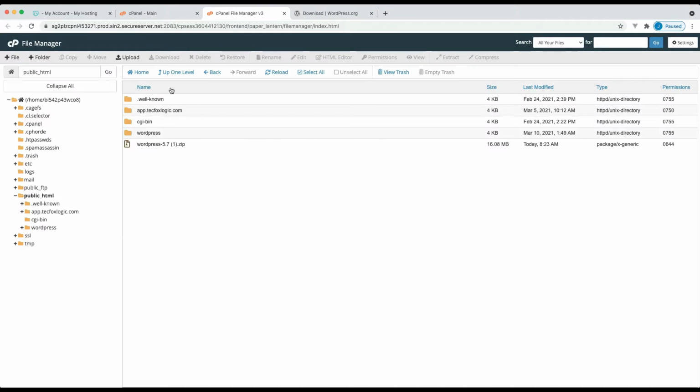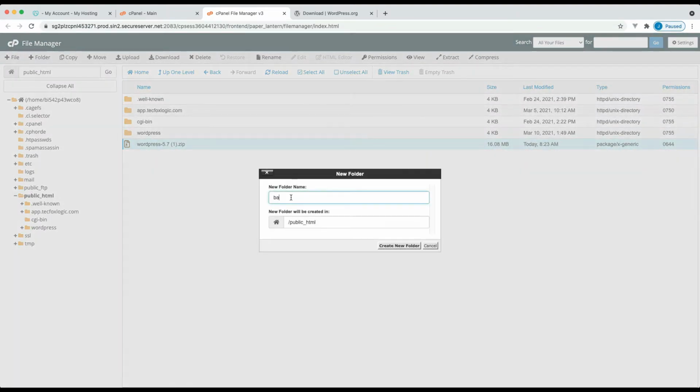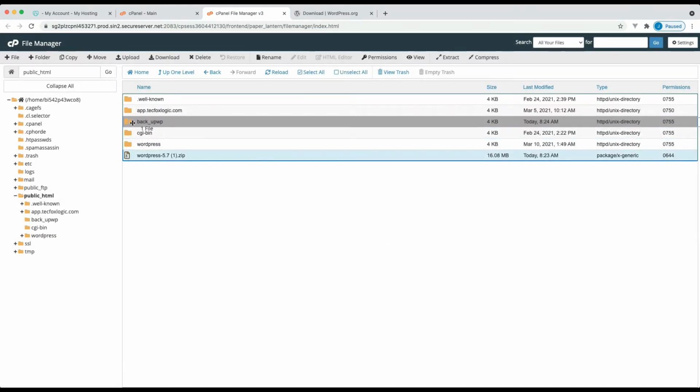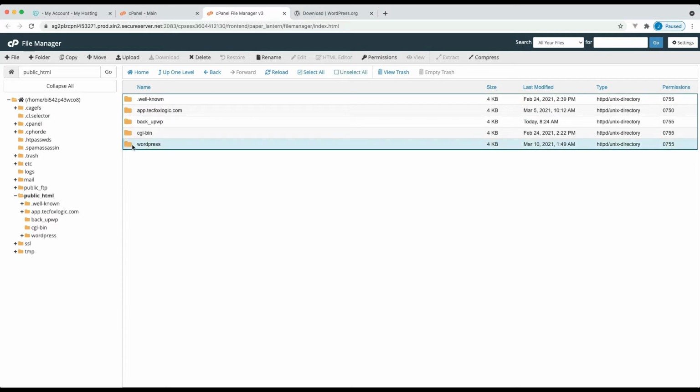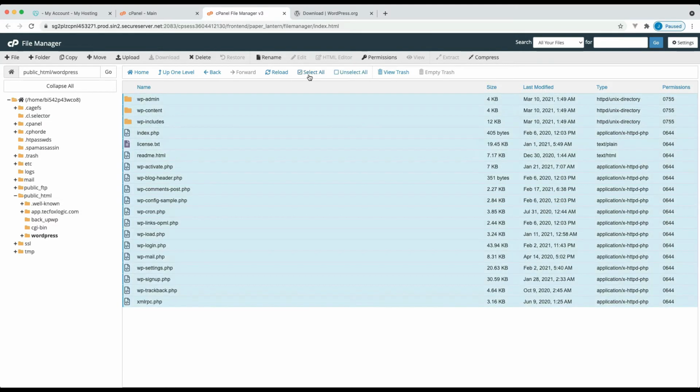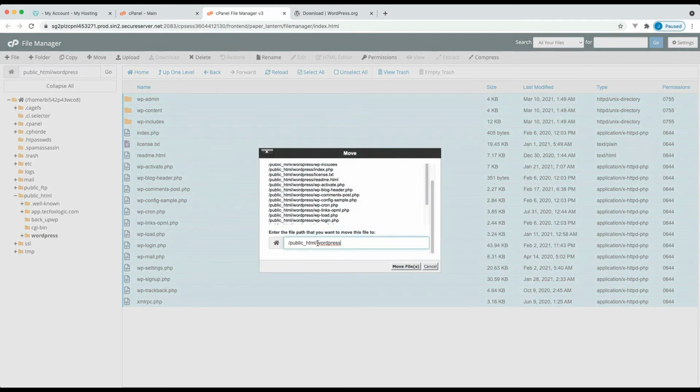I am just creating a folder to back up WordPress version 5.7. These backup files are useful in case the site crashes at any point. Open the unzipped WordPress folder. Select all files. Move files to the root directory.